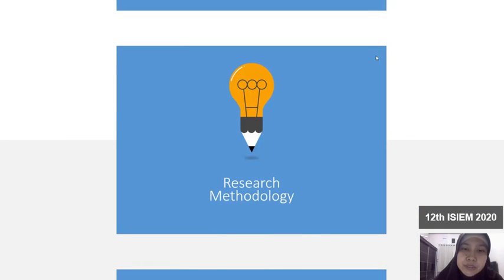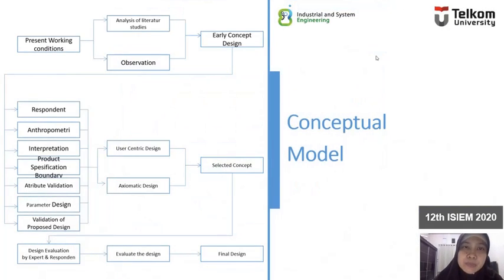And in this research, we have a conceptual model, like we can see in the presentation. This we call the input: there is the present working condition, analysis of literature study, the observation, and then we have an early concept design.